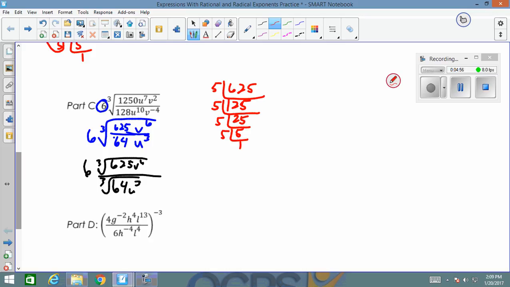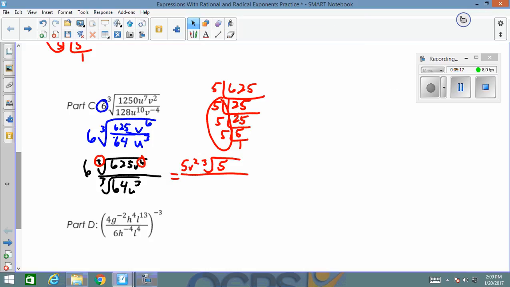We're looking for groups of 3. 1, 2, 3. So this is going to be the cube root of 5, because this 5 is left inside and 5 on the outside. And then, let's see the exponents. So 6 here divided by 3 gives me 2, so it would be 5 e squared cube root of 5 over,